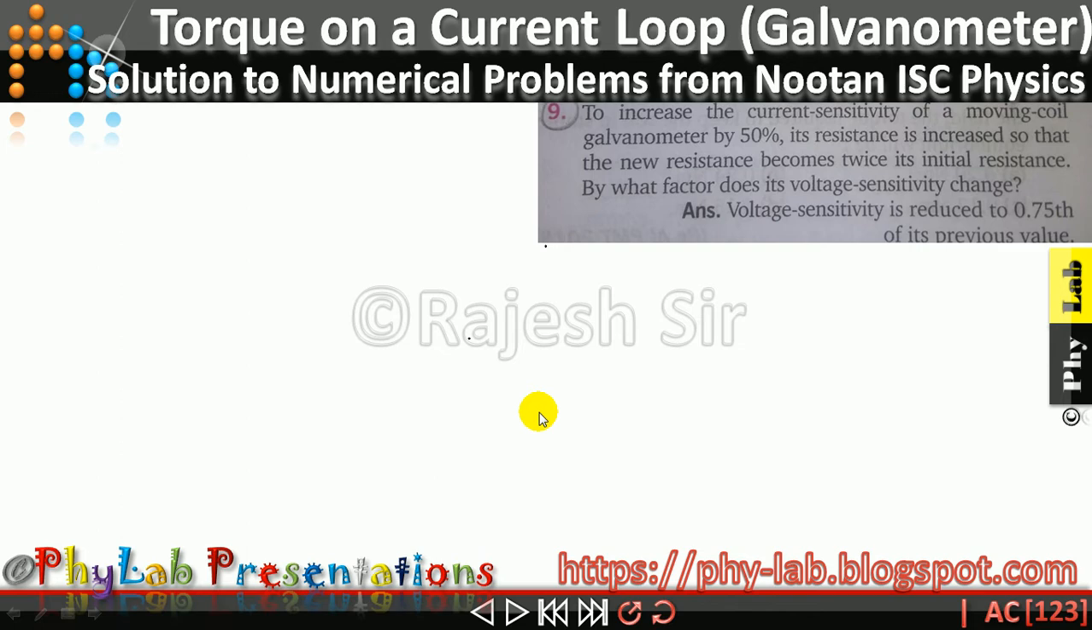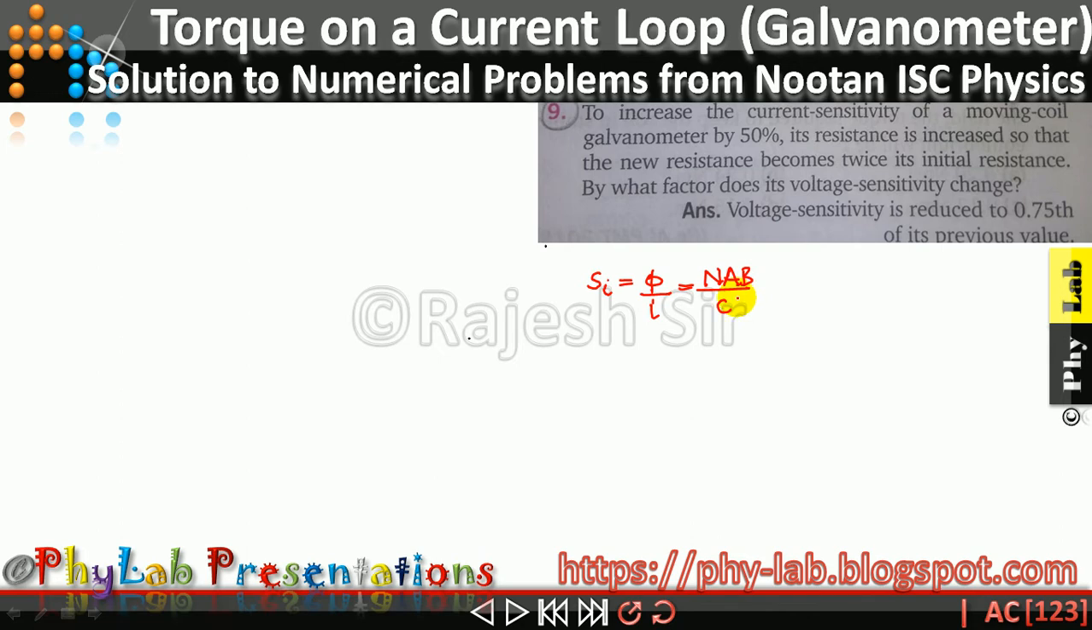Here let me start directly by solving this problem, and let me give you a brief intro. What do we mean by current sensitivity and voltage sensitivity? Current sensitivity SI is defined as the deflection produced per unit amount of current flowing through the galvanometer or the ammeter, and this is equal to NAB upon C, where N is the number of turns of the coil making the galvanometer, A is the area of the coil, B is the magnetic field in which the coil is suspended, and C is the torsional constant